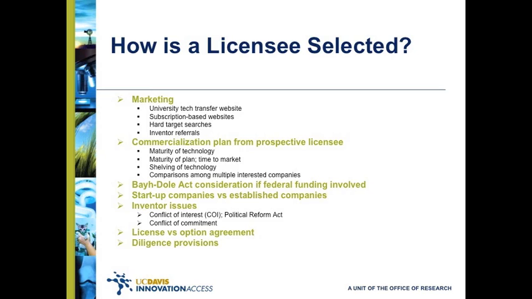One alternative that's popular among licensees is to secure an option agreement rather than a license at the beginning. The option agreement essentially takes that invention off the market so that the Tech Transfer Office is no longer marketing or discussing licensing with any other company. It's time limited, usually 6 to 12 months, during which the optionee is able to assess that invention and negotiate license terms with the Technology Transfer Office without fear that that invention could be licensed to someone else.